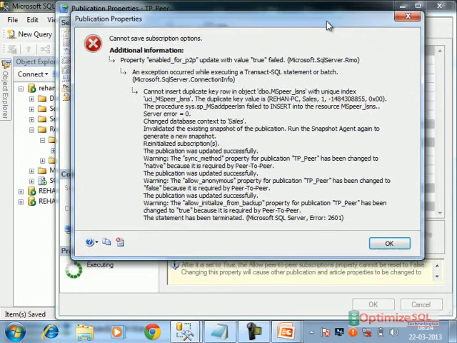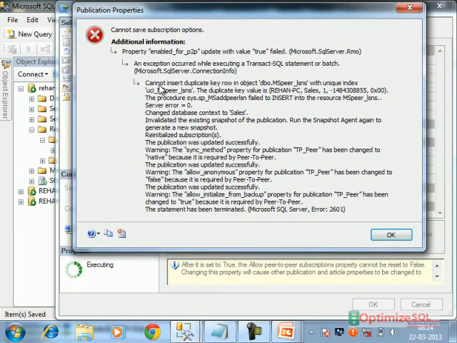Sometimes what happens is it says cannot insert duplicate key row in object MSpeer_lsns with unique index. The duplicate key value is something. See, this table is in which database? MSpeer_lsns, yes. Which database?